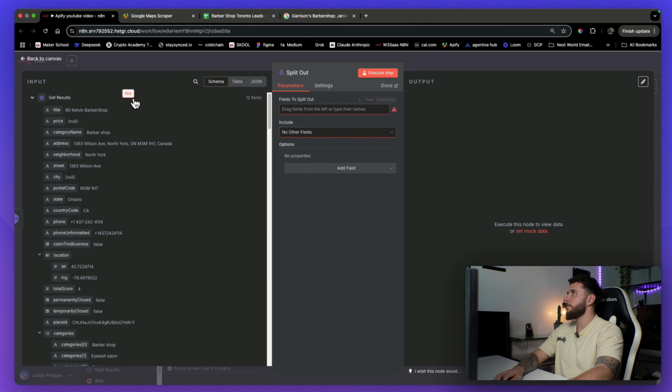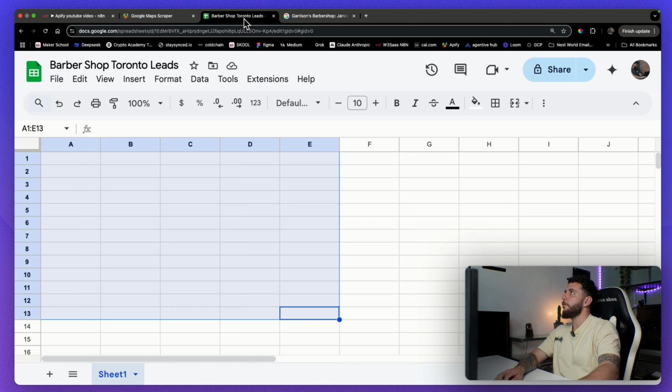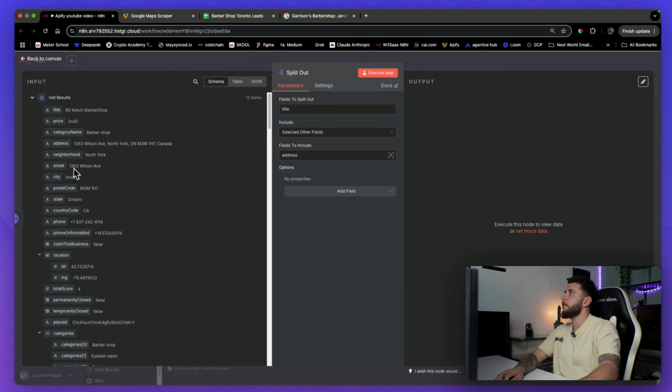Fields to split out. Title, and then we're going to add some other fields. We're going to go selected other fields, and then what info do we want? We paid extra for the phone number and the email address, so we're going to add that for sure. Let's add what do I have over here? Let's just add them automatically, and it'll do it for us. So let's actually go. We don't really need state. Let's just go address, and we'll go